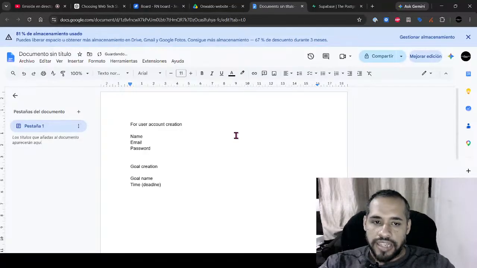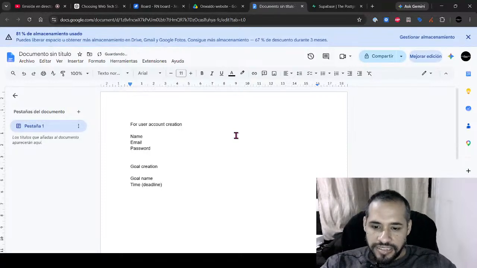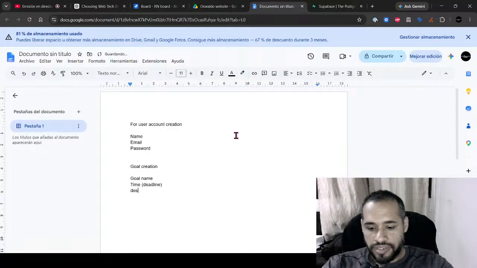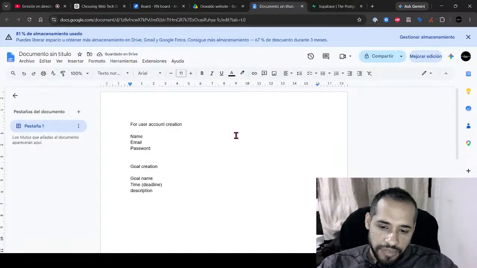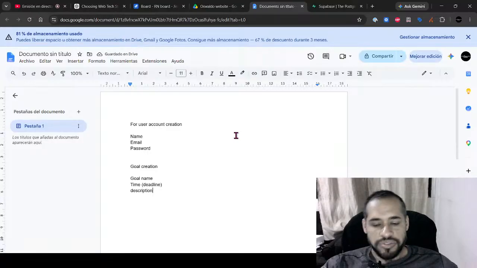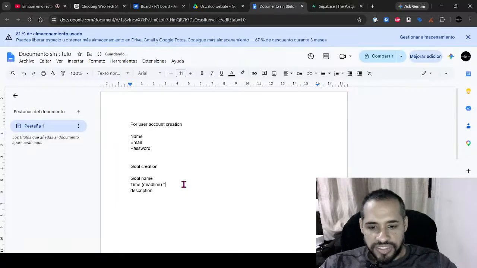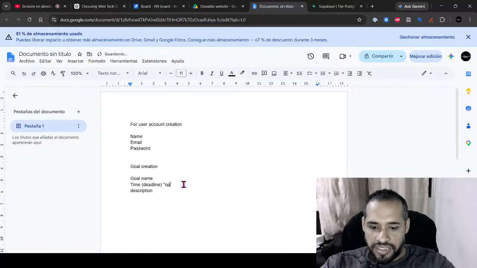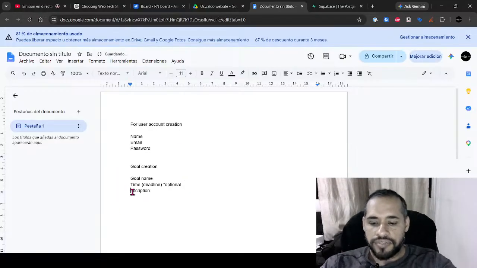If we have a goal that needs to be done in a specific time, a deadline, and a description, obviously. So we have the goal name, the deadline, let me add an asterisk and say that this is optional, and a description of the goal just to have that information.